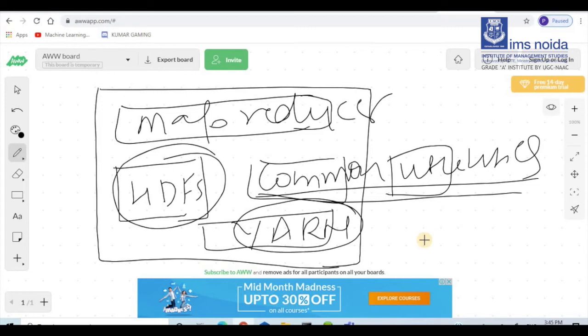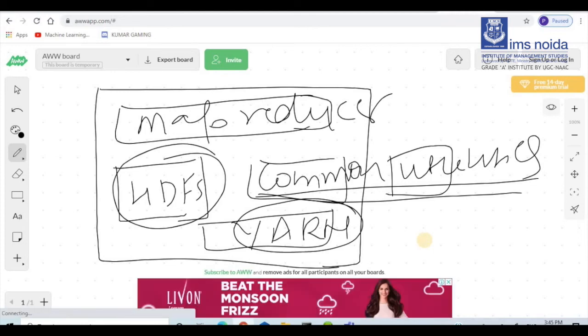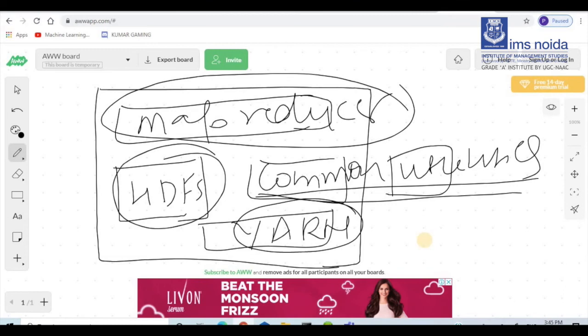And in parallel processing, we definitely require some resources in parallel. So in this case, YARN basically provides the resources. It manages the resources which are available, as well as schedules the job and allocates the resources. All these tasks are done by YARN.